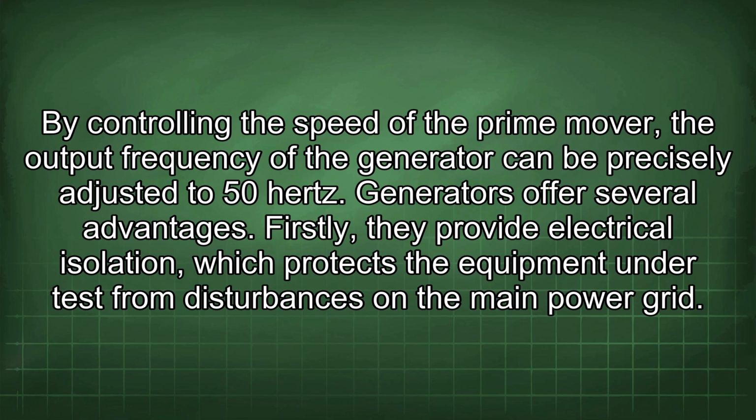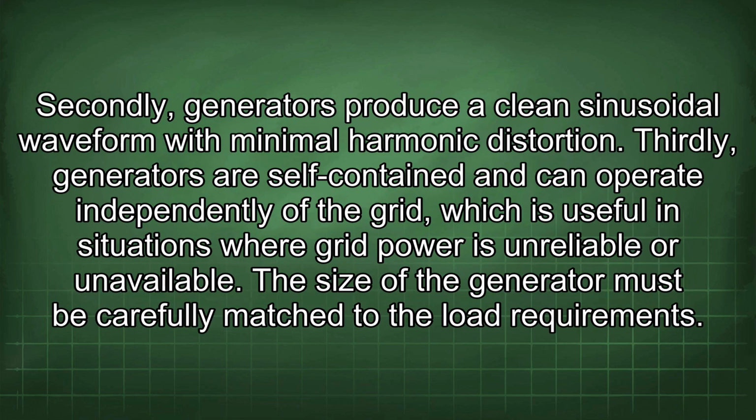By controlling the speed of the prime mover, the output frequency of the generator can be precisely adjusted to 50 Hz. Generators offer several advantages. Firstly, they provide electrical isolation, which protects the equipment under test from disturbances on the main power grid. Secondly, generators produce a clean sinusoidal waveform with minimal harmonic distortion. Thirdly, generators are self-contained and can operate independently of the grid, which is useful in situations where grid power is